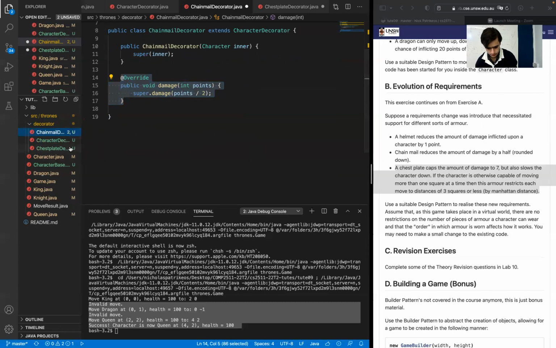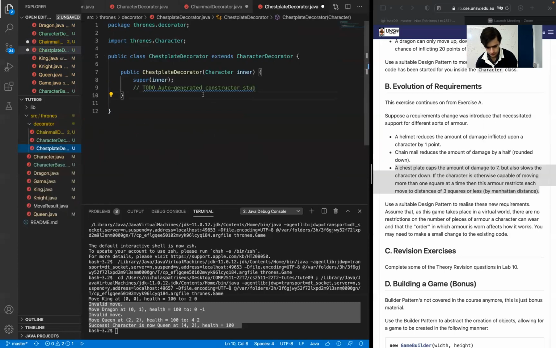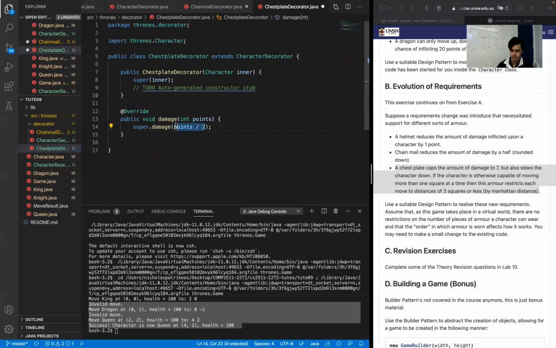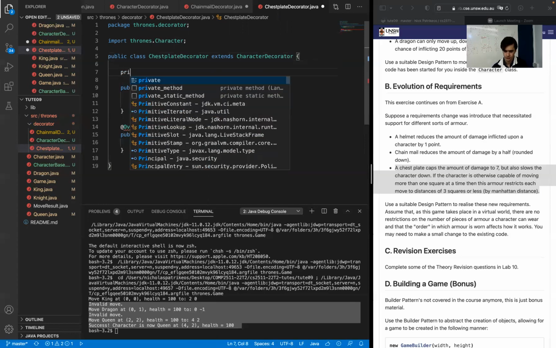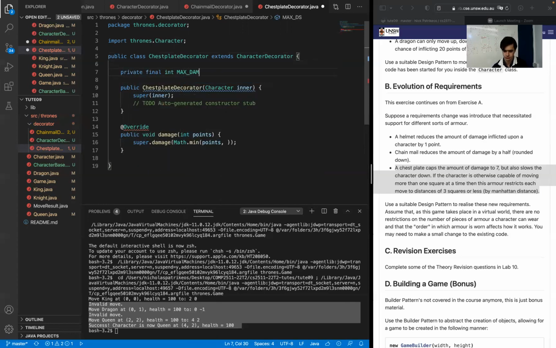What will this look like? Oh, sorry. There we go. If the damage is capped at 7, we just take the minimum or maximum? Minimum, yep. Math.min points, we'll say private final int max damage equals 7. Cool, that's done. And then we need to also override